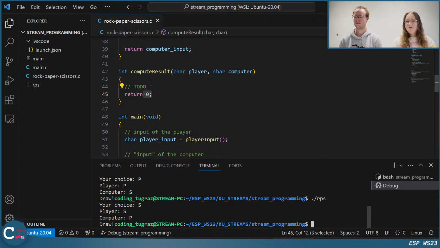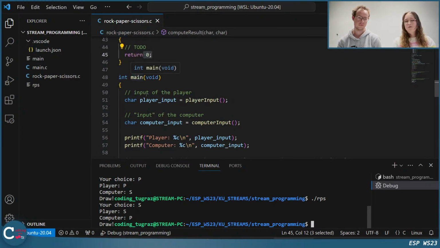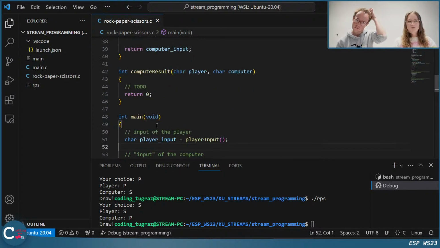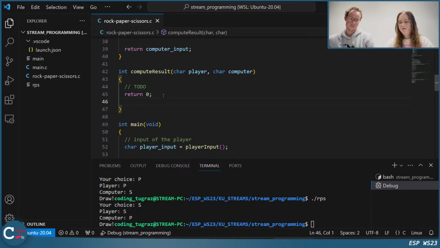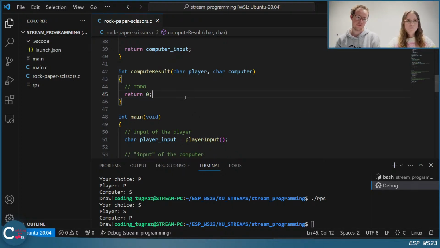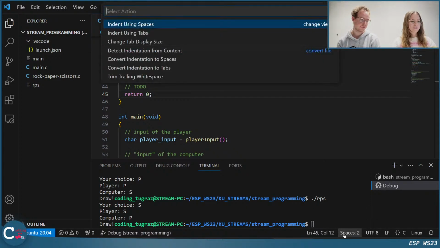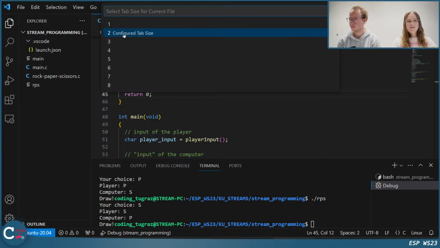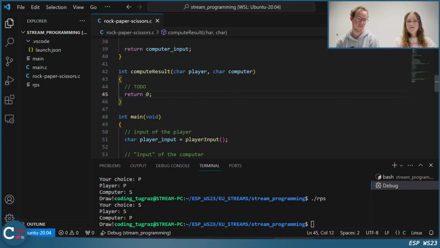Just to answer a question in the chat, because this might be useful. When you're writing in Visual Studio Code or in Codium, then tabs, you see, okay, there are 2 spaces, and you need to make sure to always have 2 spaces as indentation within your assignment. But if you are in a new line and just press tab, you also get 2 spaces. So you don't need to press space to get these spaces. You can also press tab a few times and you always get, as you can see, you get spaces. This works because you should have set down here the indentation to using spaces and then 2 spaces, because that's our style guide.